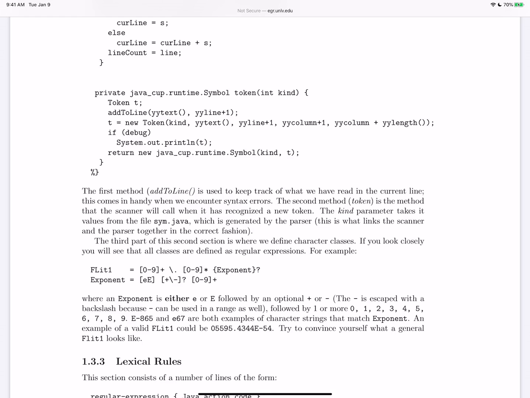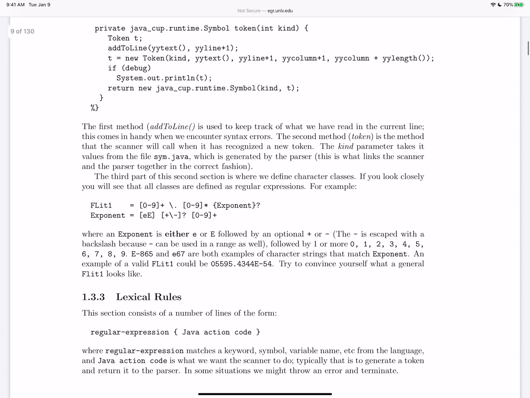Then the scanner will go and do its magic, call this token function with the appropriate kind, create a token, and if you look here, you can see that the token constructor takes in the kind, so what type is this token? The actual text, that's the lexeme, and then it takes information about what line number it was in, and from what column to what column this particular token spans.